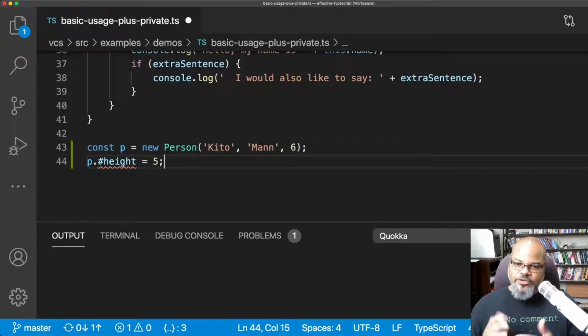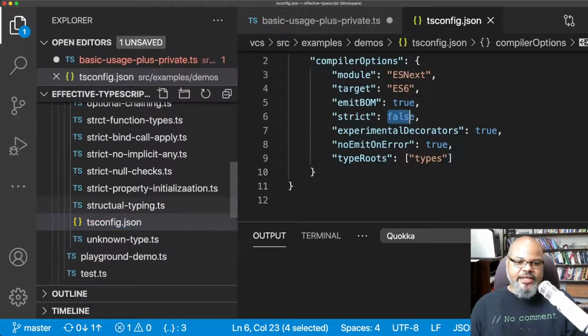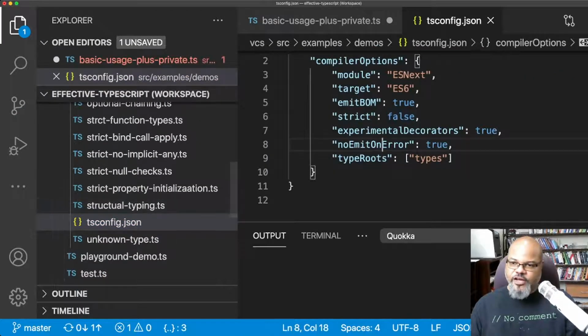So I encourage you to take a closer look and decide which one you like better. The TypeScript version is erased at runtime, whereas the JavaScript version is not. And also you need to make sure that your runtime, which means the browser and Node.js, supports the new JavaScript version. So a couple other things I want to say here is that this project has a tsconfig.json file, and